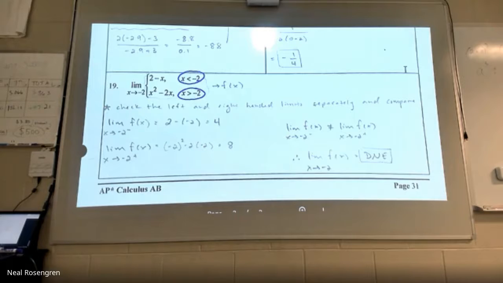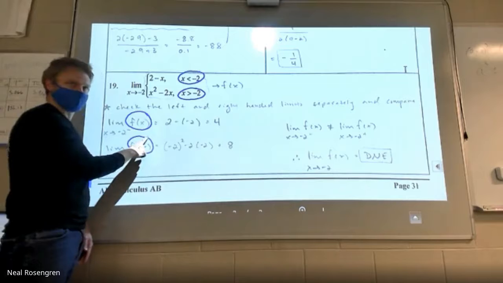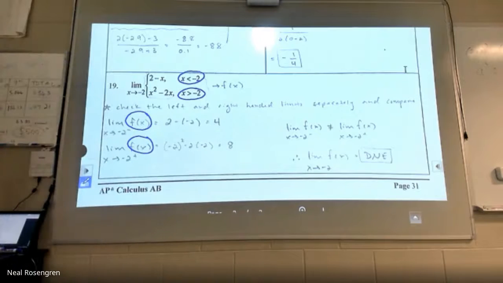So I either had to give it a name separately, like I did with that. Hey, I'm going to call this f of x, and I did it explicitly. I said it, I circled it, here it is. Or I would have had to write this piecewise function right here and right here. I can't say the limit as x approaches -2 without telling you of what. And it's just easier for me to give it a name and then call it whatever I want. Cool.